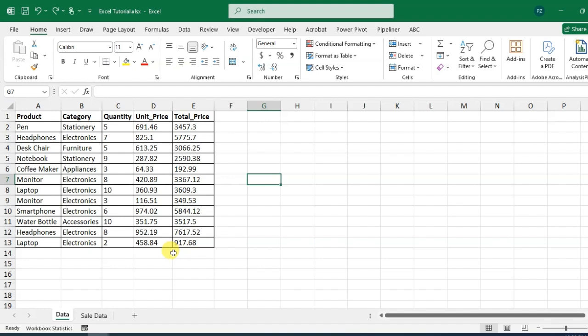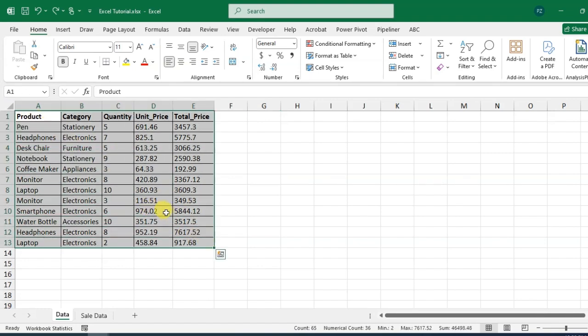To insert the slicers, first convert this data into table. Simply select the entire data, you just drag with the mouse and you can select the entire data here. Second way, simply select inside a cell of this data and press Ctrl A to select the entire